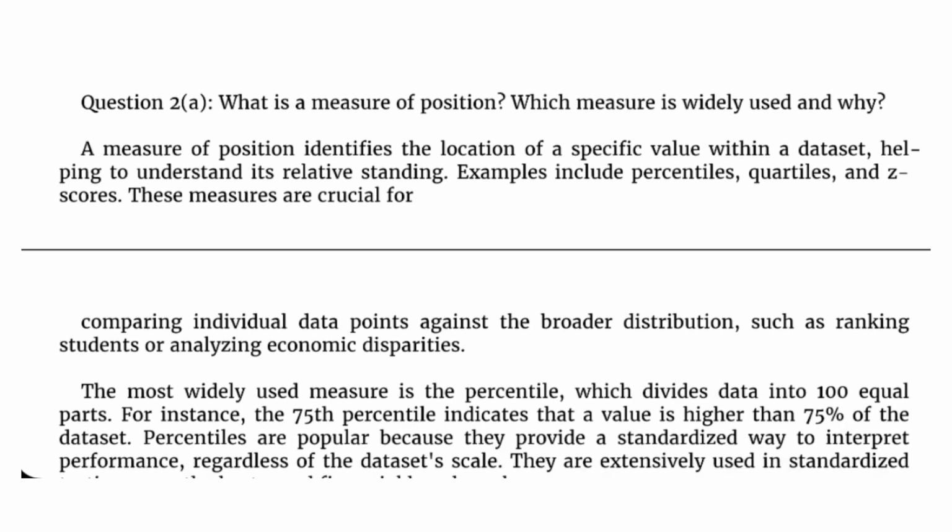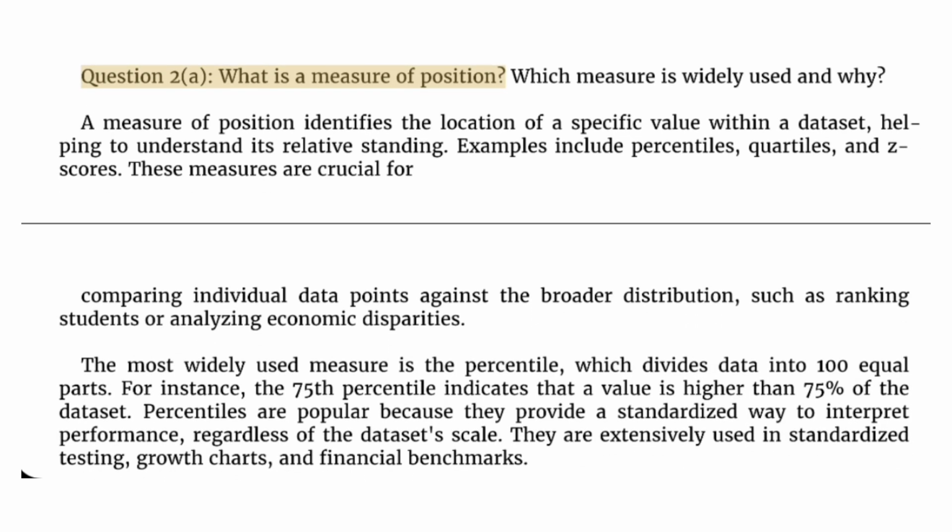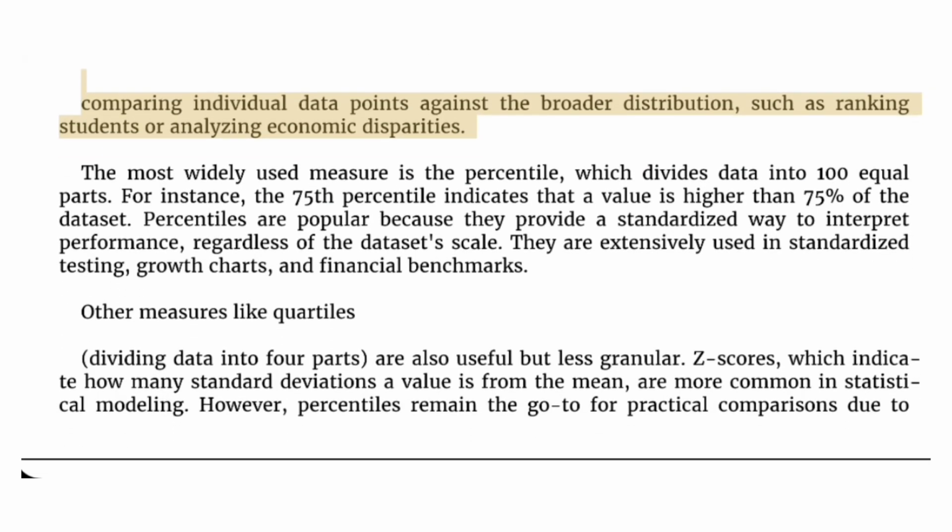Question 2a. What is a measure of position? Which measure is widely used and why? A measure of position identifies the location of a specific value within a dataset, helping to understand its relative standing. Examples include percentiles, quartiles, and z-scores. These measures are crucial for comparing individual data points against the broader distribution, such as ranking students or analyzing economic